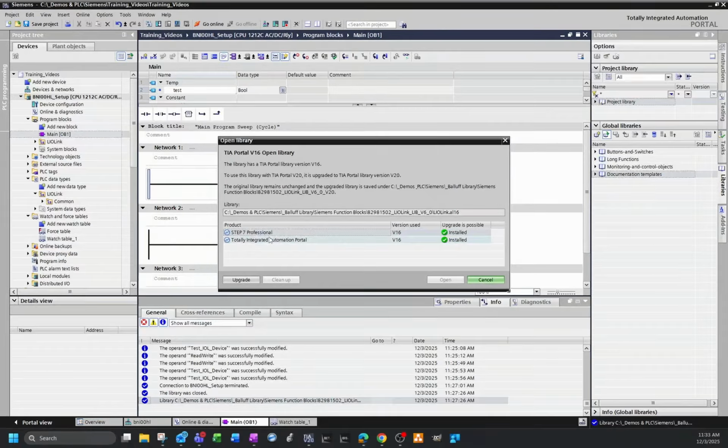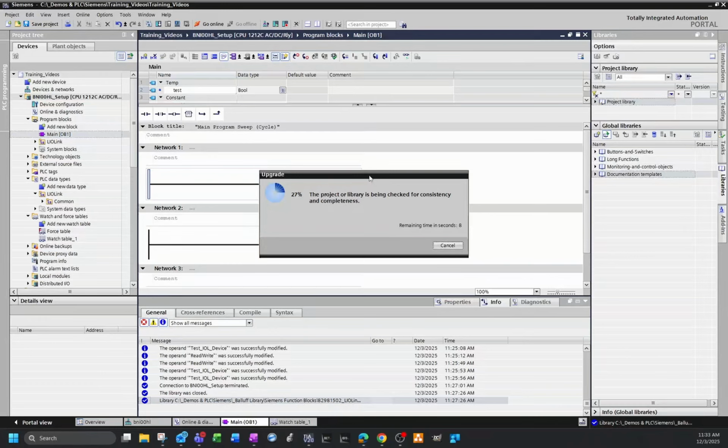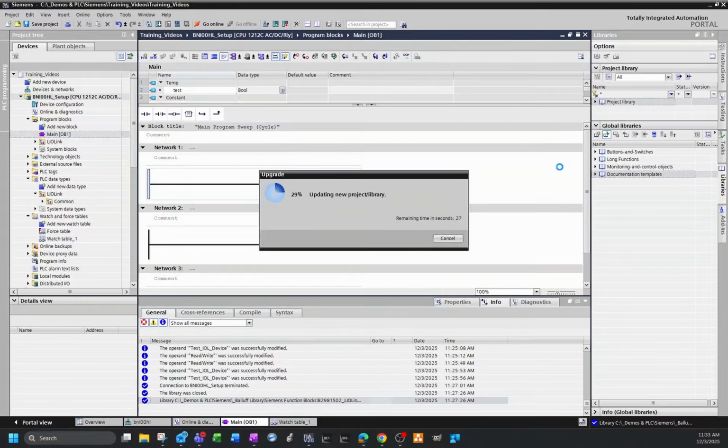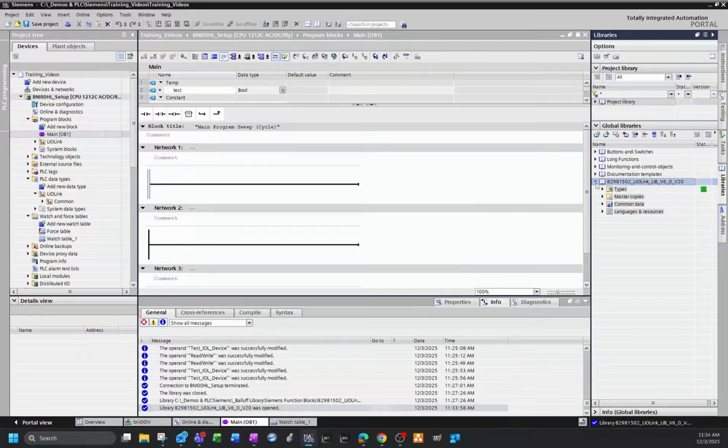The first step in setting up this project is to import the necessary library, which can be obtained directly from Siemens. Since I'm currently running version 20, but my original version was created in 16, it's essential to perform an upgrade to ensure that all the required functionality is available. Once the library has been successfully imported, the next step is to access the configuration options related to IO Link